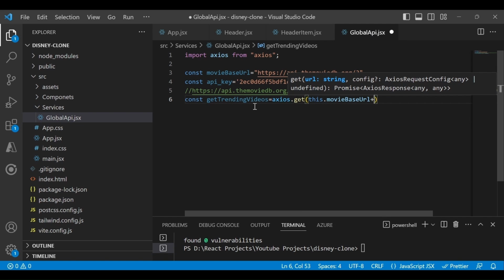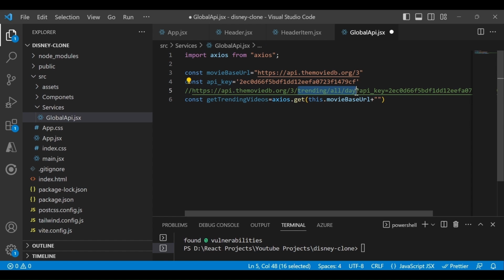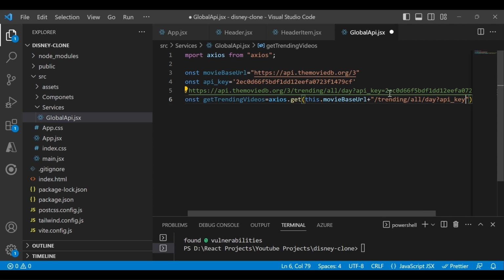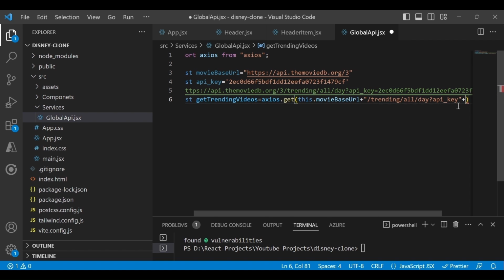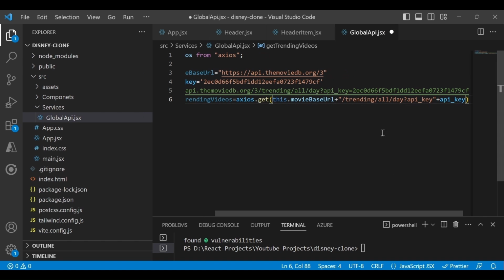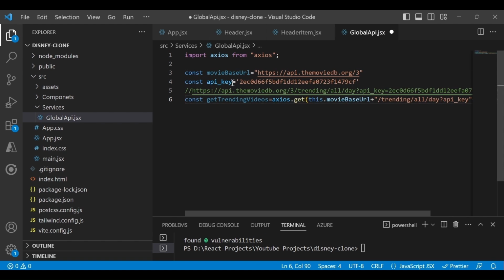Then if you see this particular URL, we want this trending video, so just add it like this: trending all day, and the API key we have to attach, so just write api underscore key, similar to this, and we already defined the API key in a constant, so I will just attach that one, API key. So we have our particular API call.